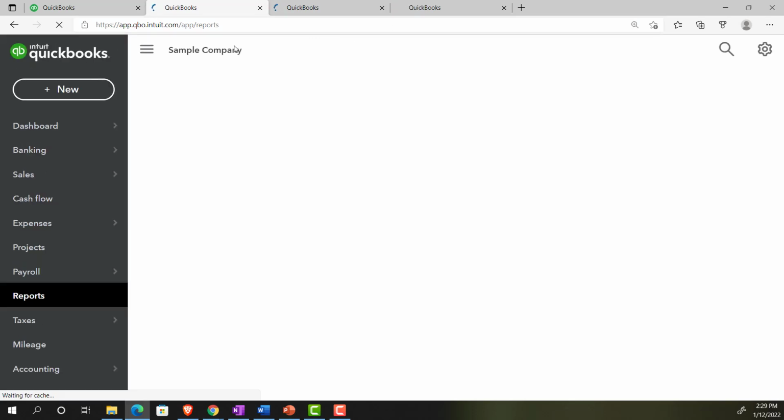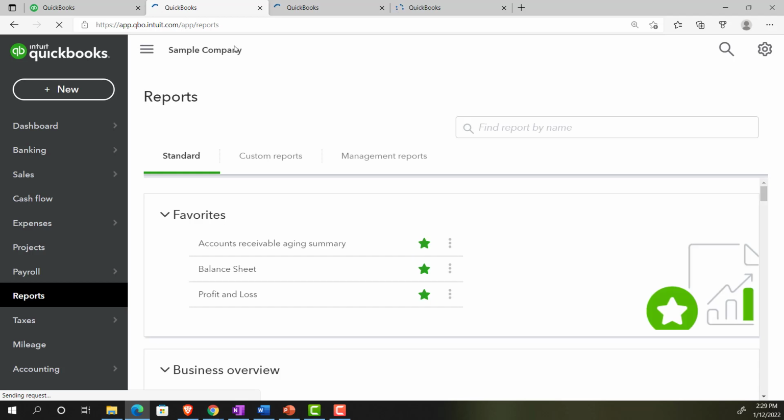Now note that a lot of people might say, well, what about the statement of cash flows? It's also a financial statement report, and it is. However, normally what will happen is you create the balance sheet and then the income statement, and then you kind of make the statement of cash flows after it. So you can think of the statement of cash flows as something that's being constructed or built from basically the balance sheet and the income statement, the balance sheet and the income statement being on an accrual basis method, and